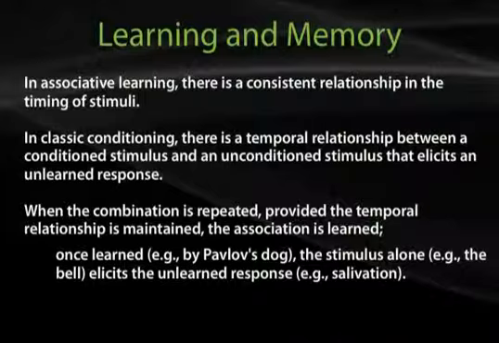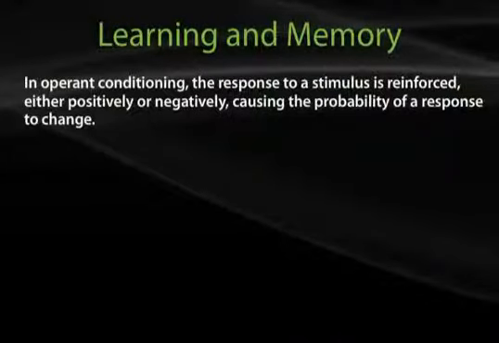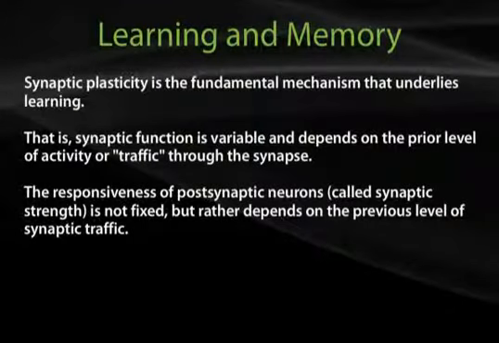In operant conditioning, the response to a stimulus is reinforced either positively or negatively, causing the probability of a response to change. Synaptic plasticity is the fundamental mechanism that underlies learning. That is, synaptic function is variable and depends on the prior level of activity or traffic through the synapse. The responsiveness of postsynaptic neurons, called synaptic strength, is not fixed, but rather depends on the previous level of synaptic traffic. For example, in the phenomenon of potentiation,